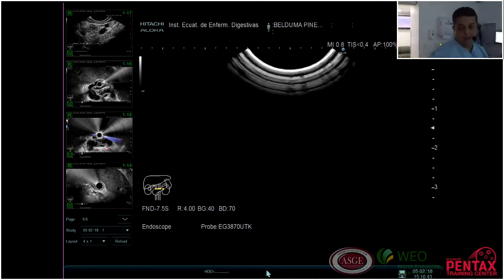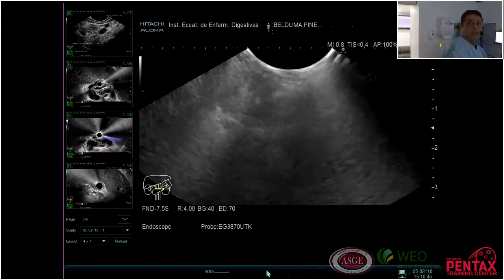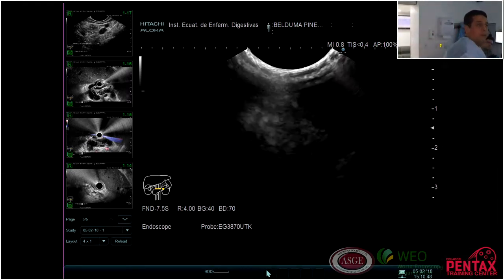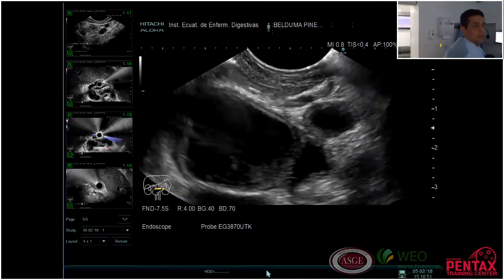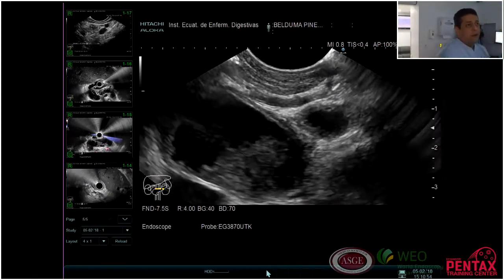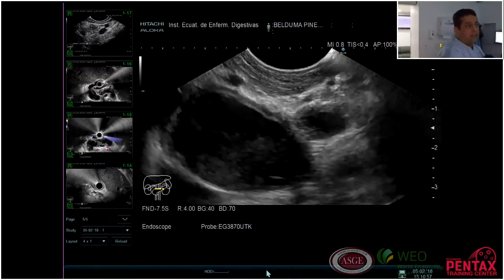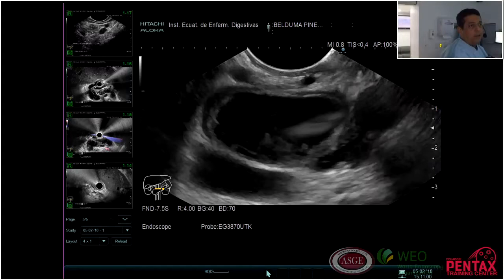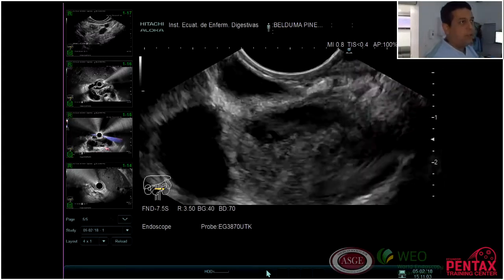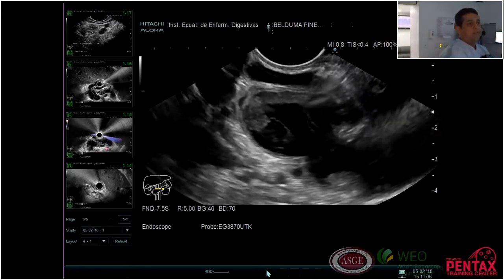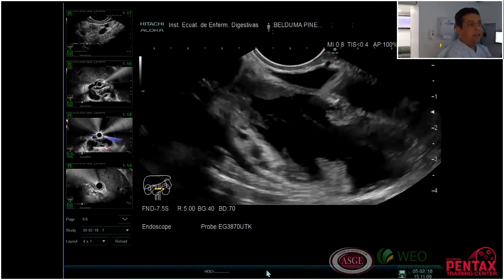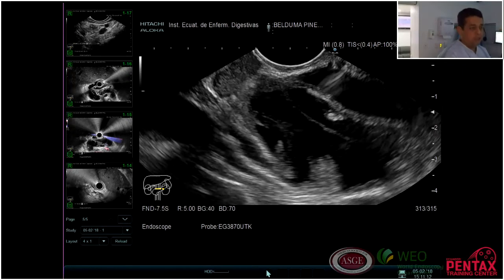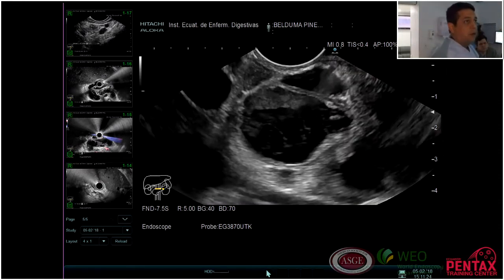So we need to evaluate if this patient has, maybe it's not a pseudocyst, maybe it's a main pancreatic duct lesion. Here we are at the level of the head of the pancreas. As you can see here, we don't have any pancreatic tissue. We see only this lesion here, and there is no more gland here in the head of the pancreas. So